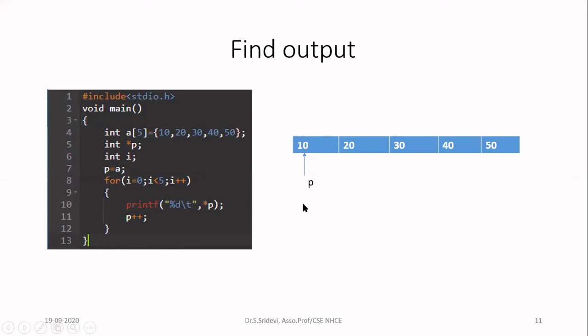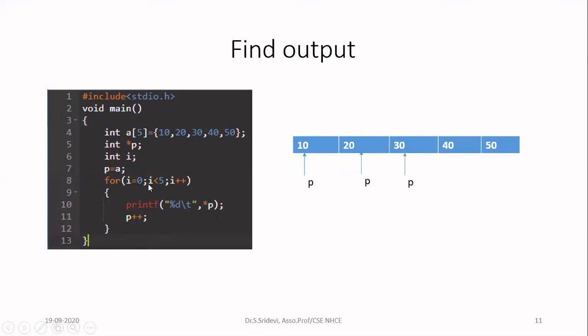This is not clear. When you write P++, the pointer will point to the next element. You can see now here it is pointing to the next element, 20. Then we will go to the for loop. Now I will be 1. Then we are printing printf star P. Star P means currently P is here, star P means 20. So you will now print 20. After that, again P++. Now P will be incremented again. It will now point to 30.